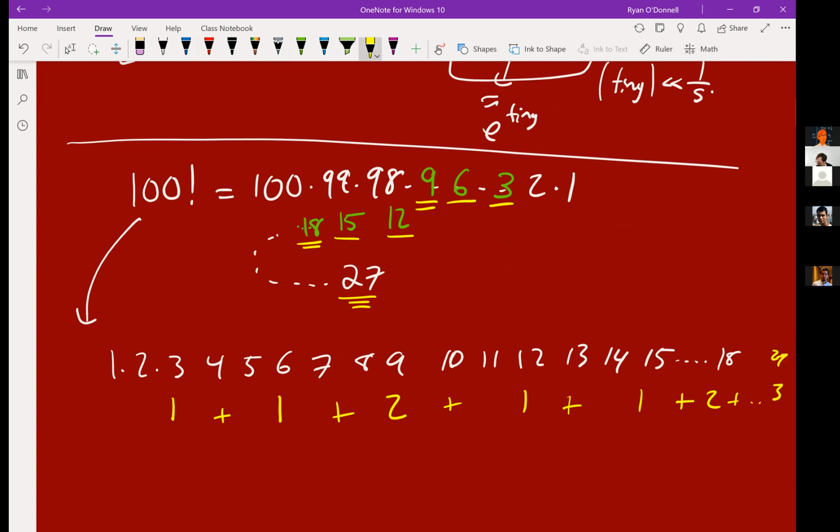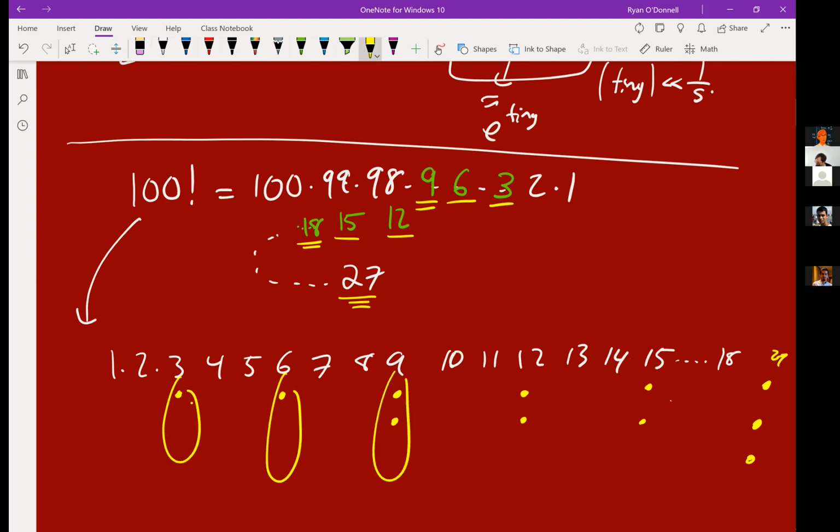The other way to count it is what I was doing with these underlines before, which is actually kind of suggestive. For 3, I get 1 factor, for 6, a factor, for 9, 2 factors, for 12, 2 factors, for 15, 2 factors, for 27, 3 factors, but I'll draw it like this. And then instead of counting by columns, you can count by rows and say, actually the total number of factors of 3 is this many,